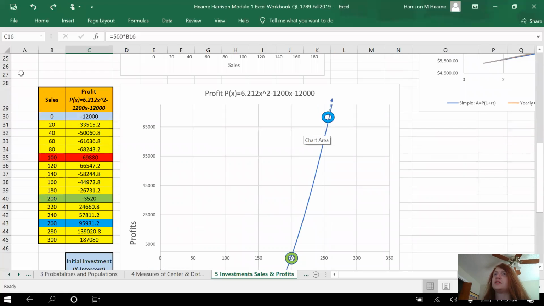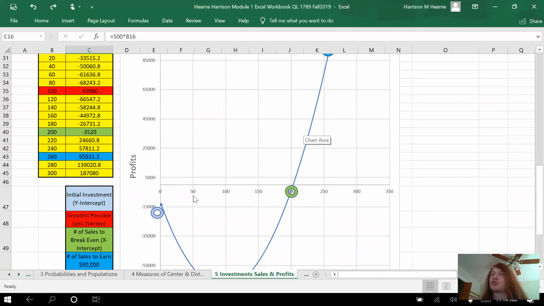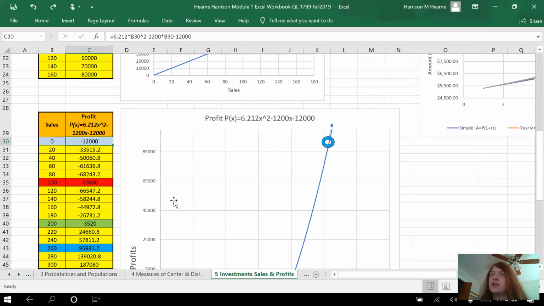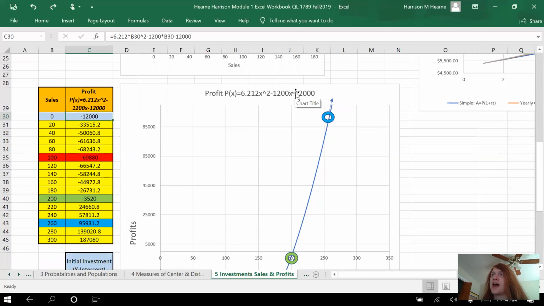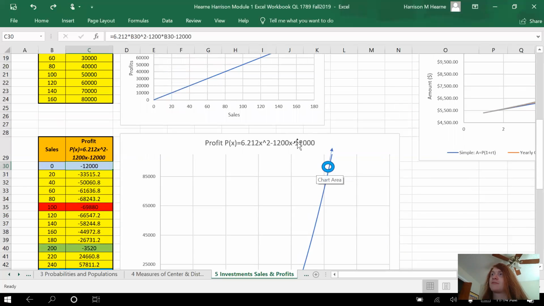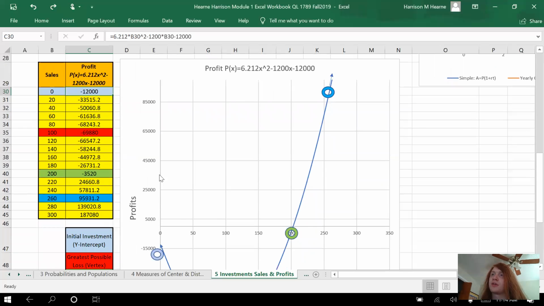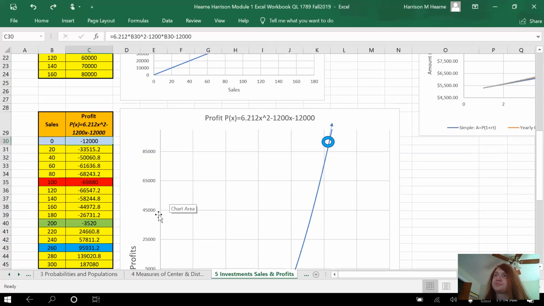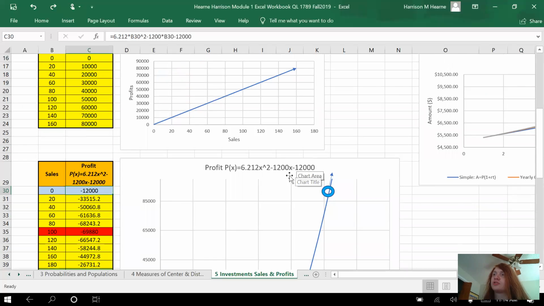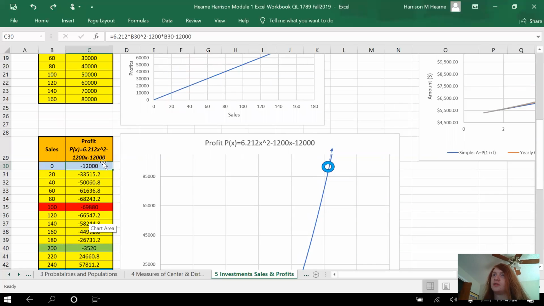So as you can see, our initial investment into this venture is $12,000, which is the last number here, and which will be our y-intercept, because that is showing how far down we start on the y-axis. If that, for instance, was plus $12,000, we would have started at a positive $12,000 on the y-axis. But we didn't. We initially invested $12,000 into the company,